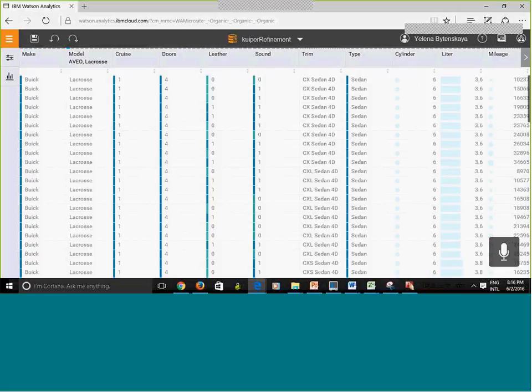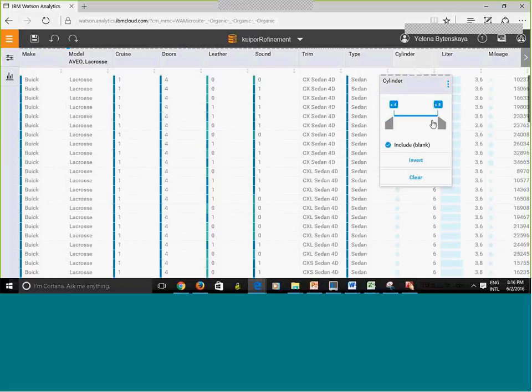Alright, so another thing that you could do in here is, notice that here, the cylinders, for instance, right? I see the slider. The slider allows me to select the range of values that I want to see. But suppose that I'm not interested in a range, right? Since this column has a set of discrete values, right? I don't want to pick a range. I want to be able to pick discrete values, specific, like 2, 5, and so on.